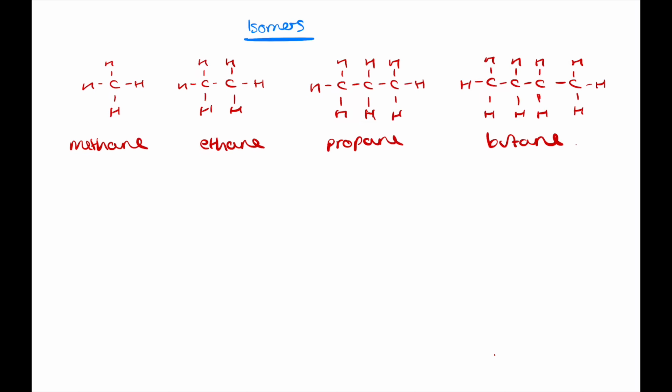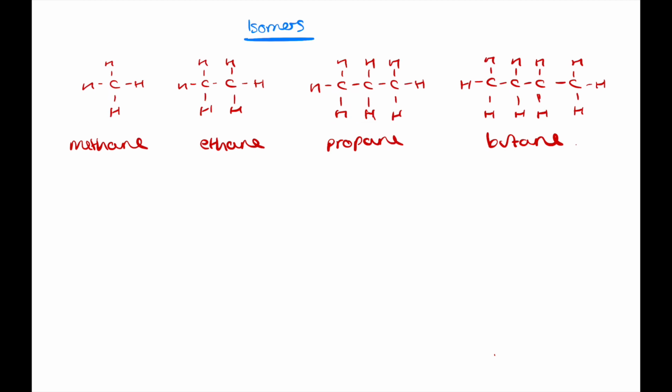This video is going to look at the topic of isomers for alkanes and alkenes. Now I've drawn out here the first four alkanes, which you should now be able to name. So we've got methane with 1 carbon, ethane with 2 carbons, propane with 3 carbons, and butane with 4 carbons